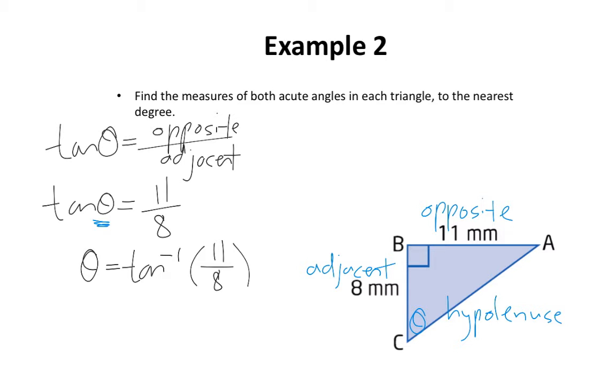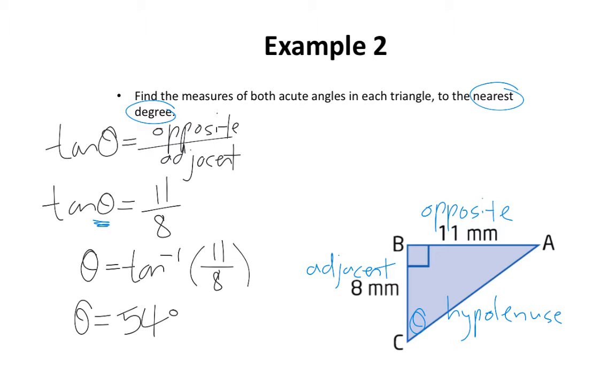Now, for most calculators, you are going to have to press some sort of button to access the inverse of tan. You might need to press a second function button or a shift button, but it is not readily available unless you press a few buttons. Once you punch that into your calculator, that will give you the angle of theta. And since we want this to the nearest degree, as you can see was specified in the original question, I'm going to write this as